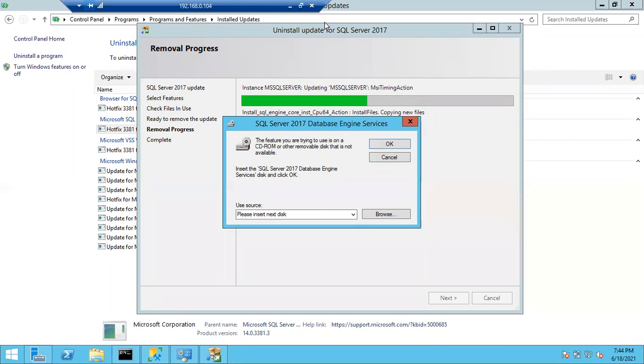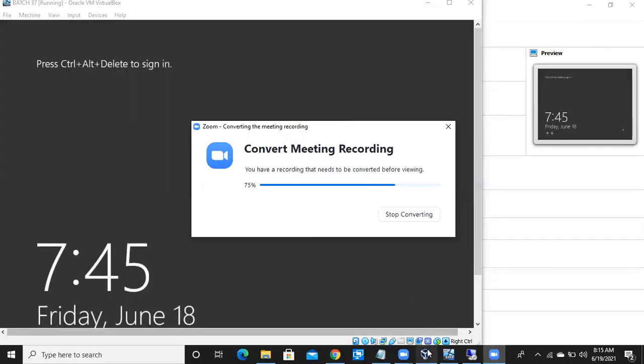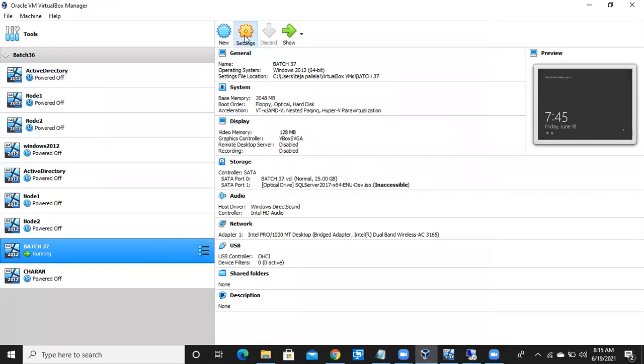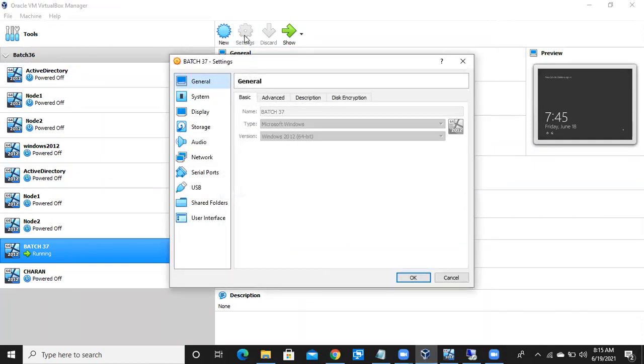Okay, so let me attach the software. While removing the patch, sometimes it will ask you to attach the main RTM software. Some of the files have to be updated, right? So it will search for some of the DLL and RLL files. In case it doesn't find those files, it will ask you to attach the RTM software again. So what we have to do is simply go to your Oracle VirtualBox Manager. In our case we can attach like that, or you can directly copy the SQL 2017 software to the C drive. In the organization, we simply attach the path of the SQL 2017 software.